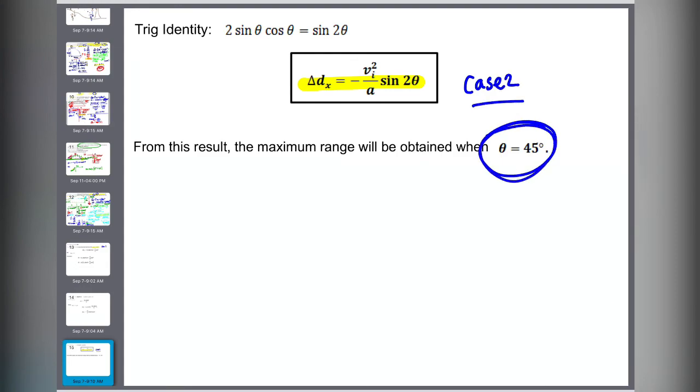And if you actually work it out, the biggest value that you can have, the longest range, the maximum range, I didn't mean to cross it out. The maximum range happens when the angle is at 45 degrees. That's when you're getting the furthest